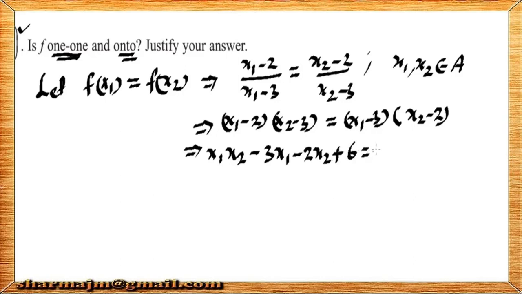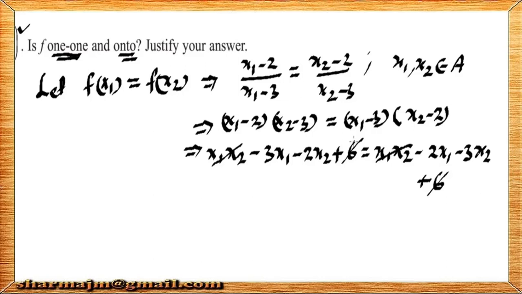On the right hand side, opening these brackets, you have x1x2 minus 2x1 minus 3x2 and minus minus plus, 3 2s are 6. So you will see that this 6 cancels with 6, and x1x2 cancels with x1x2,